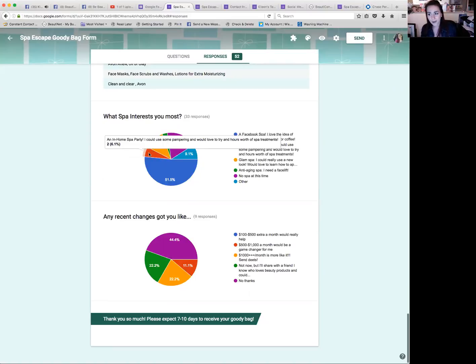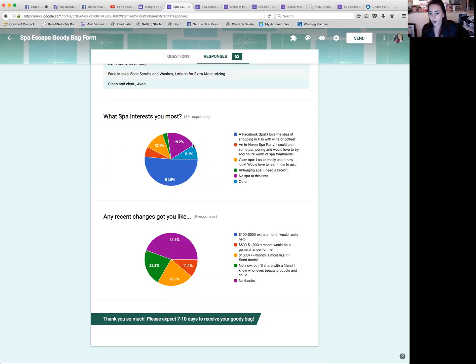So this just maybe will go to show you how many spas you're actually leaving on the table, because Facebook is definitely what people want, ladies. This is what they're looking for. They don't want to go out, especially in the cold. They don't want to leave their house. They'd much rather do shopping in their home. So this might be an eye-opener for some of you. But this is a huge point to make.